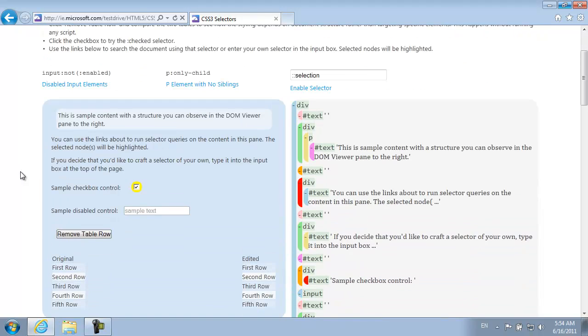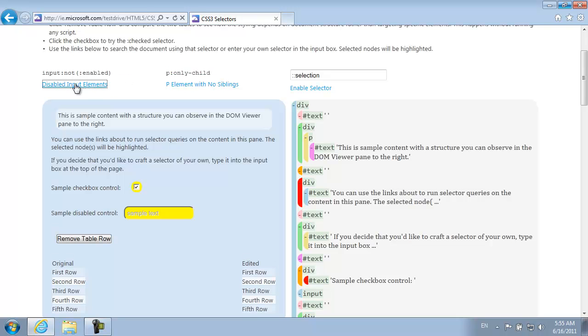With this demo, what we're going to be doing is playing along with some selectors. In this case, we're going to be playing with the input not enabled, and what we're going to do is bring up all of those input elements that are not enabled. We're also going to be playing with the p only child. That means that there is only one child. So this example gives us an example of how we can select those input elements that